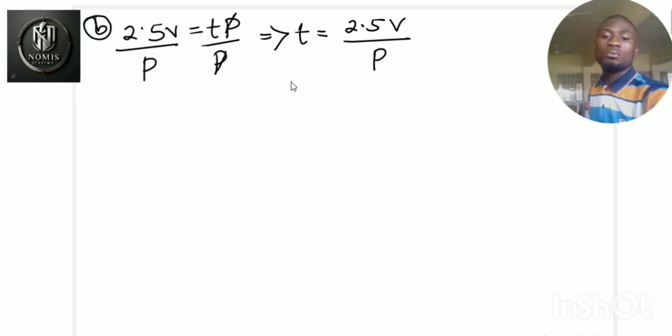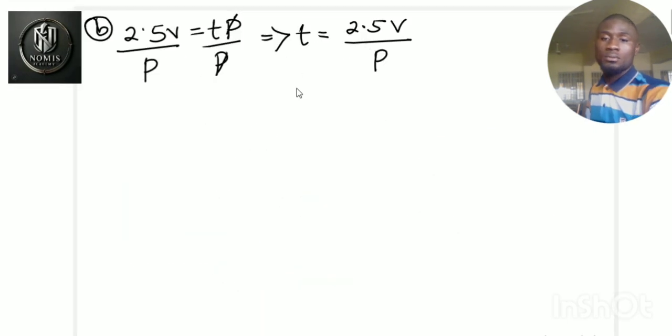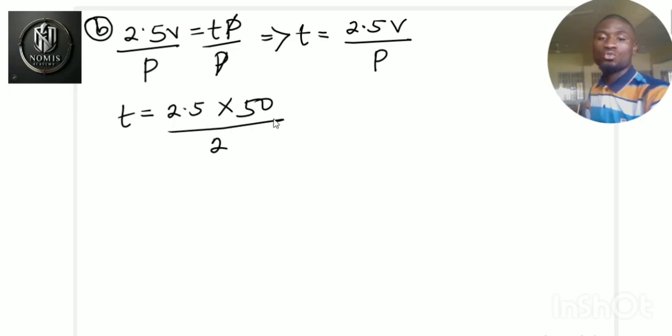So we have to find this case when we have 50V and 2P. So T, the time it will take, is equal to 2.5 multiplied by 50V all over 2 pumps. So 2.5 multiplied by 50, what do we have? This is just 5 multiplied by 25, because this is 5 times 10. When that 10 is multiplied by 2.5, you have 25. So that makes it 25 multiplied by 5. And 25 multiplied by 5 is